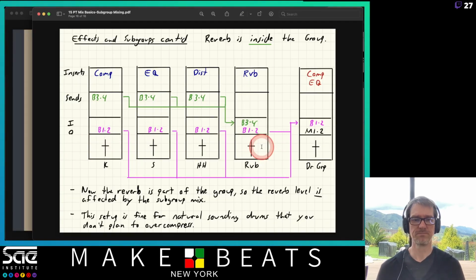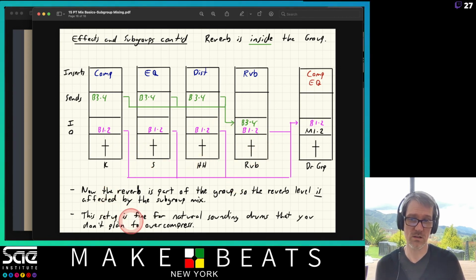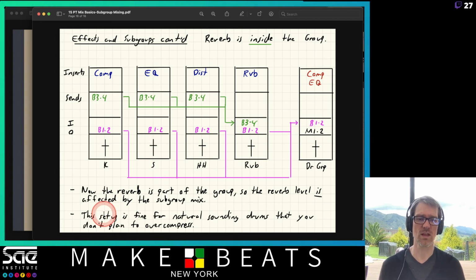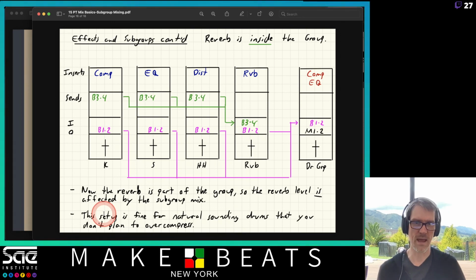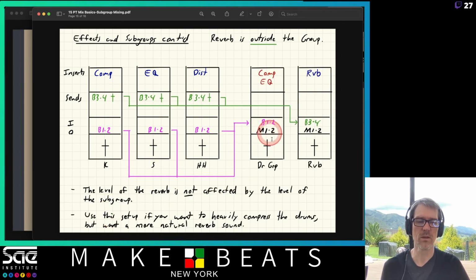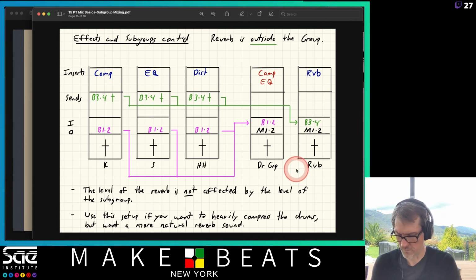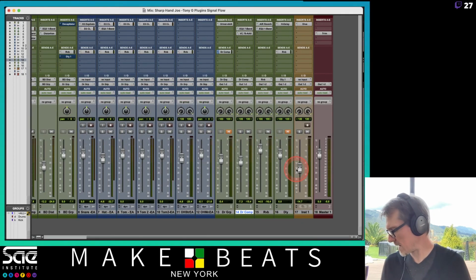And it does talk about it here in the notes, so you want to read the notes here and just check this out. But the setup is fine for natural sounding drums that you don't plan to overcompress for that reverb inside the drum group. If you're just going for more of a natural sound on your drums, then you can put that reverb into the drum group. Just be aware that if you do adjust the level of your drum group and the reverb is outside of the drum group, like this one here, we are going to hear that reverb more and more and hear the drums less and less. So for example, if I go back in here